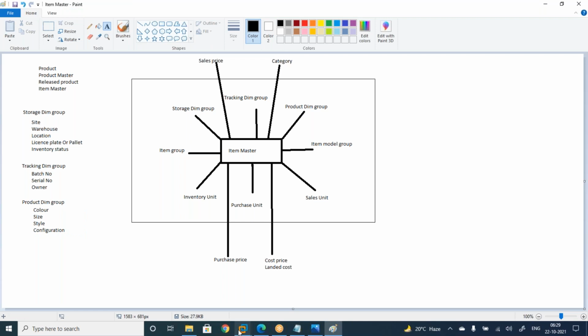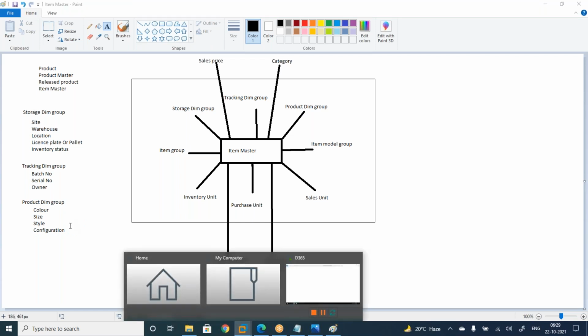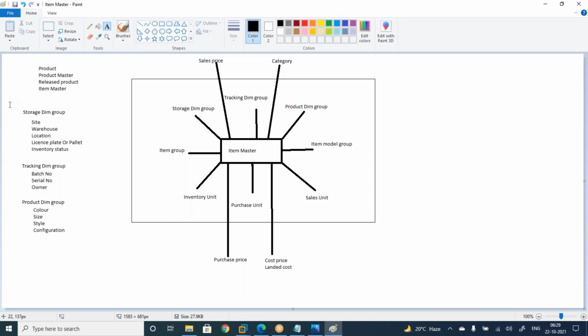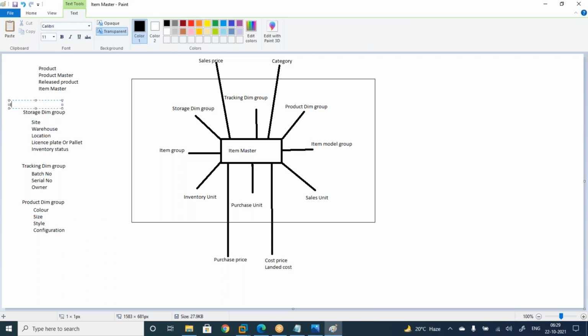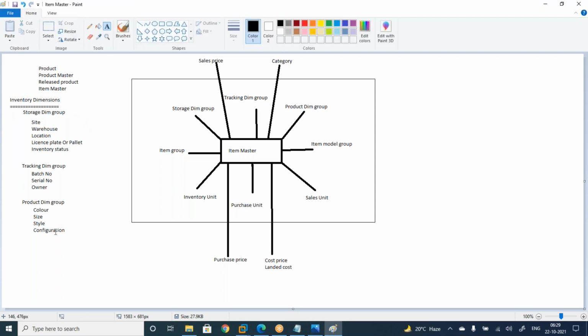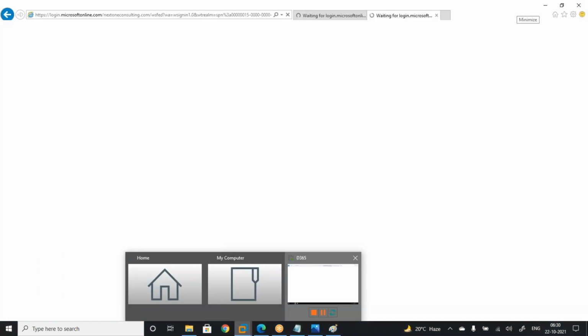Okay. So all these together are called inventory dimensions. We'll see that after some time.